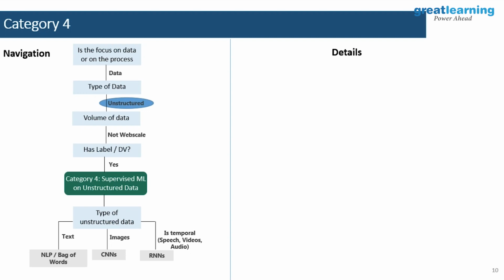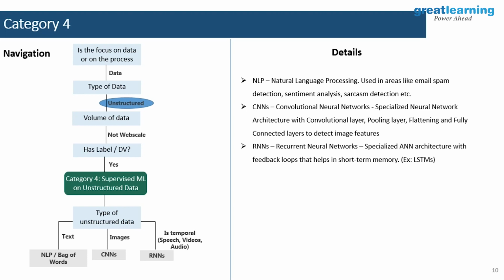in a kind of a standalone manner, but speech is text having a temporal nature, right? Or there is a sequence associated with it, right? Audio, speech, videos, for example. Videos is nothing but images in a sequence, correct? And for that, there are different techniques, and the state of the art is something called recurrent neural networks, or RNNs, right? Which is useful for sequence prediction. So this category is all about, you're still doing supervised machine learning, so all those other techniques still apply, but you need to figure out a way to take all this unstructured data, convert it in some way to a structural form, and then start applying the different techniques on top of it,